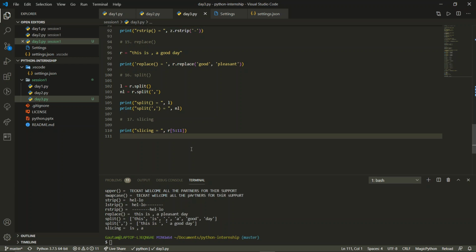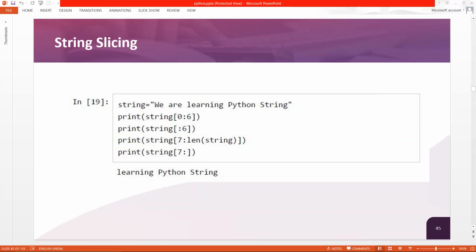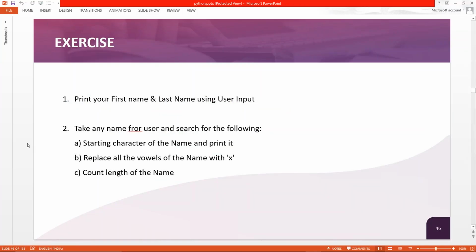Now there's a task for you. Using slicing, you're going to reverse a string. You need to find out how to reverse a string using slicing. This is your task for today. Just note it down and try to do it when you work at home. The questions are over here. You can write down these questions because they are easy to understand too. Just make a note of these questions and we will move forward.